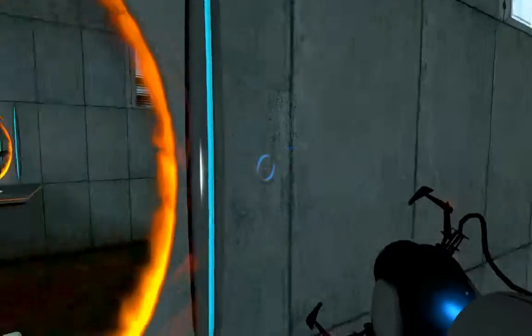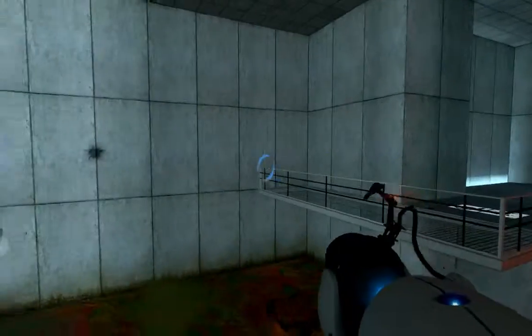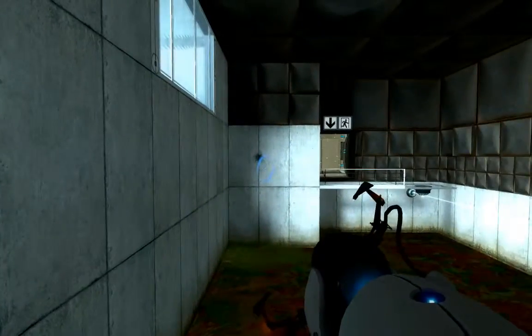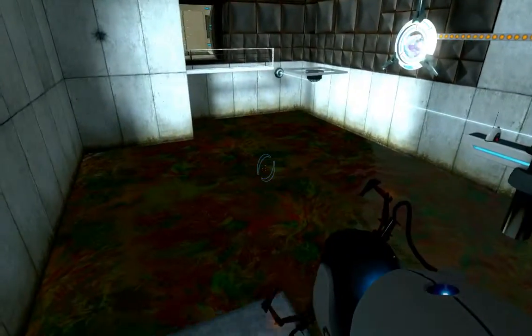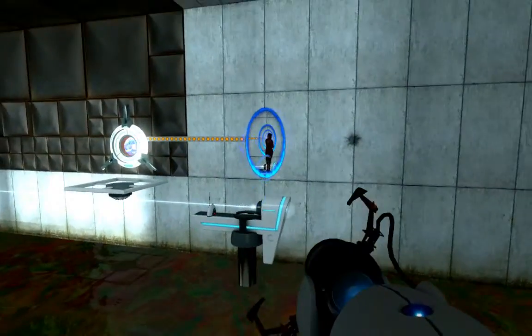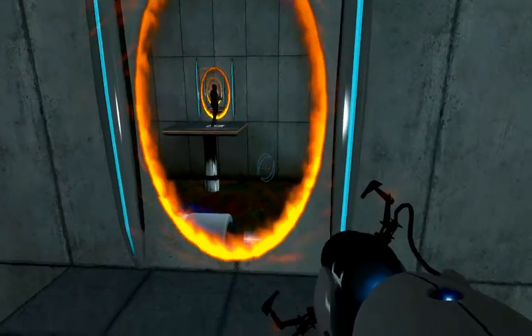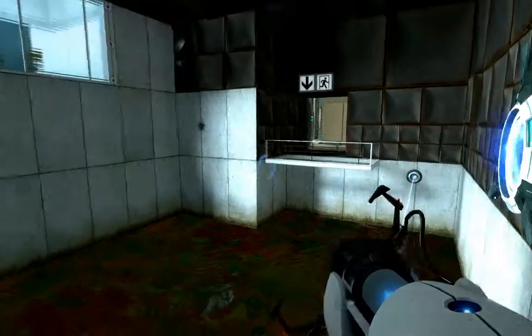This one can be quite a bit confusing whenever you first start playing, just because you've got to use the portal to move this thing over here, and then switch the portal while it's moving, and use the portal to get through here. I almost think the game can be a little more confusing when you only have the control of one portal. At first, anyway. But when you get the two...